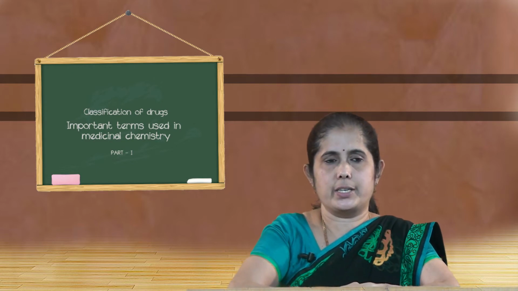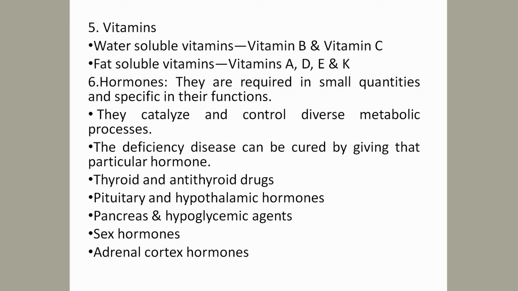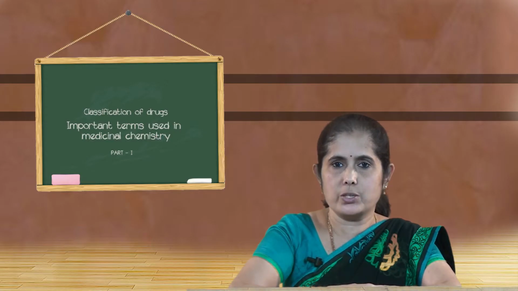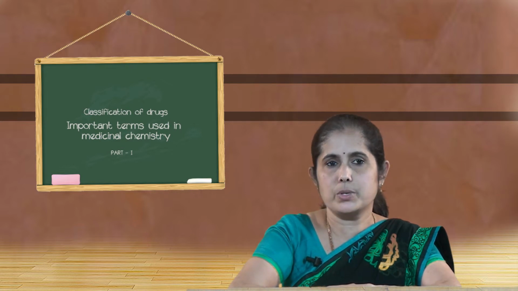The next class of drugs is vitamins. We learn a lot about the balanced diet in our daily life. A balanced diet contains appropriate amounts of carbohydrates, proteins and vitamins. Vitamins and minerals are also required by our body. Many people think that vitamins are only a food supplement, but they are a food supplement as well as a medicine for our body. The deficiency of these vitamins will cause some diseases.